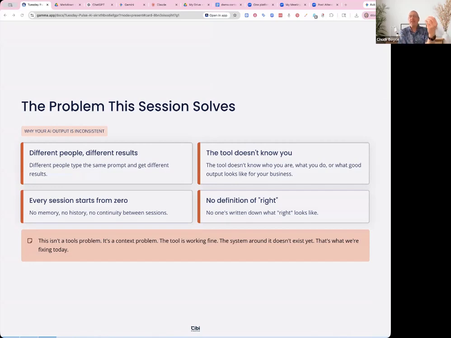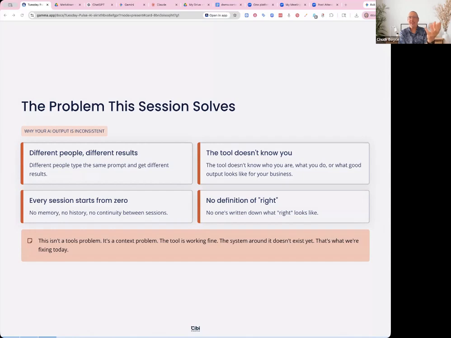The better you are at writing a prompt, the better your results are going to be. Two different people may ask ChatGPT or Claude to write an email and get completely different results because of the context you're putting in.